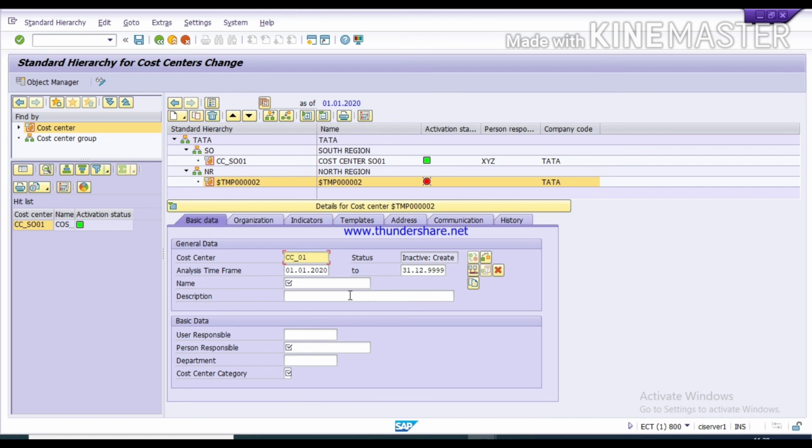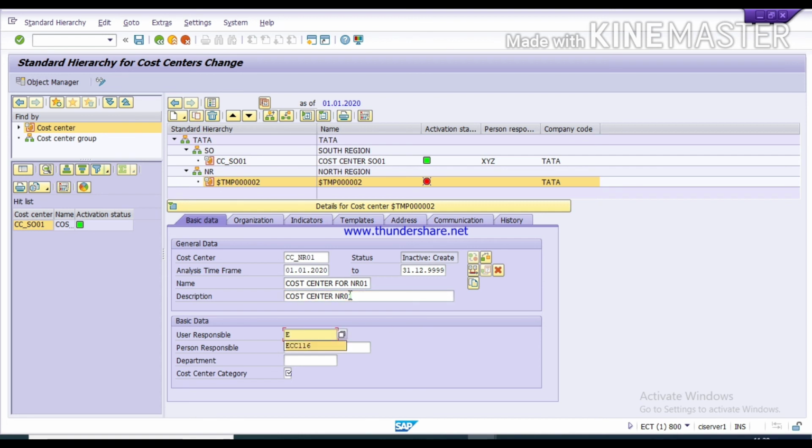This cost center we are creating for a North region department, so just give the name accordingly, or here you can give the name of your department for which you are going to create your cost center.